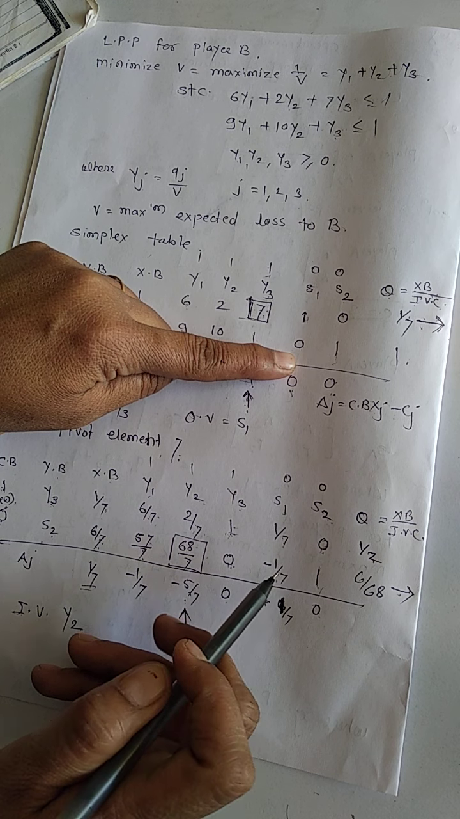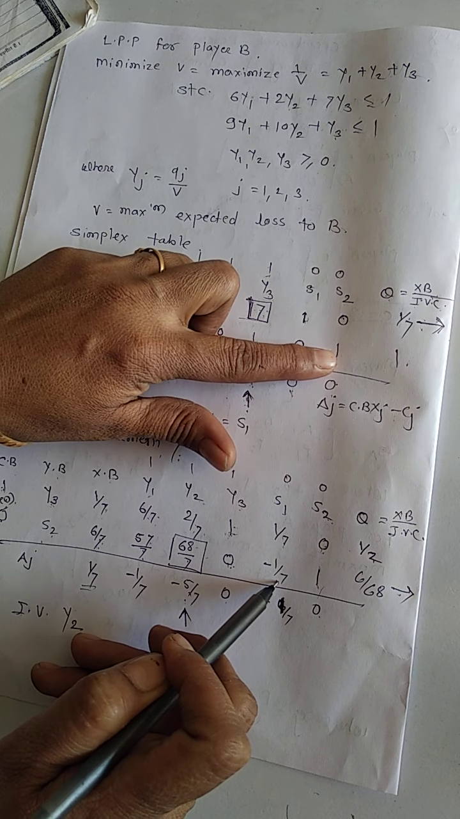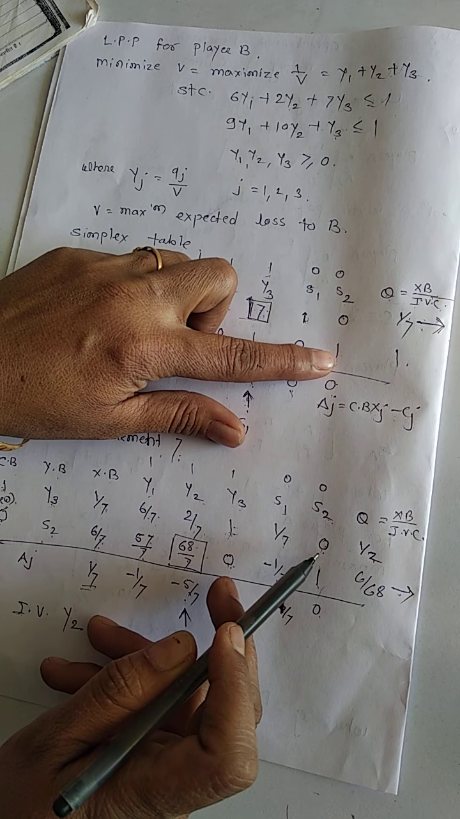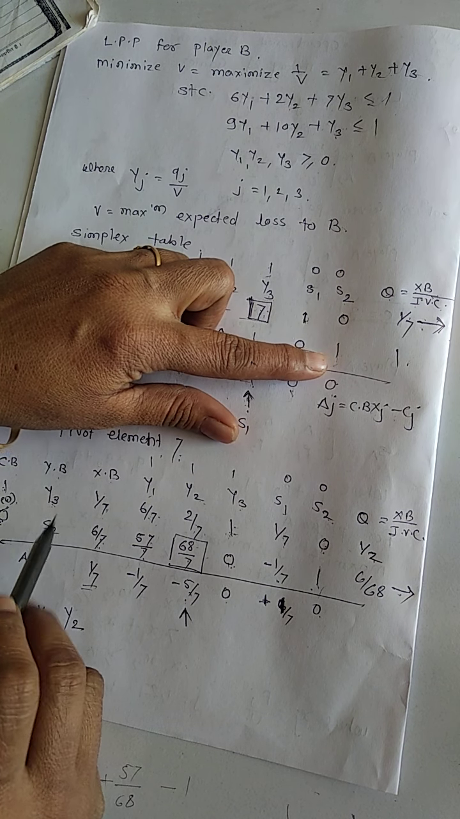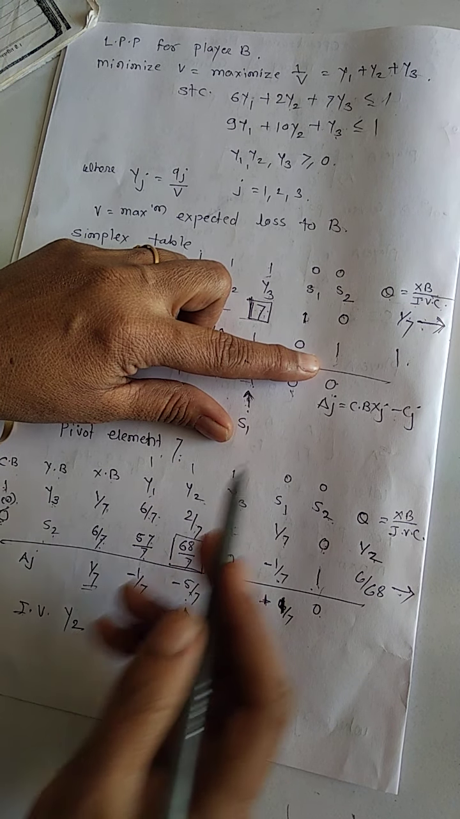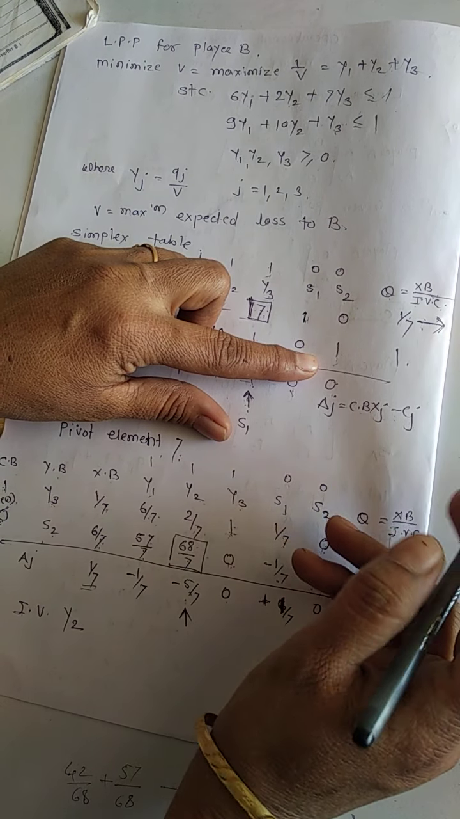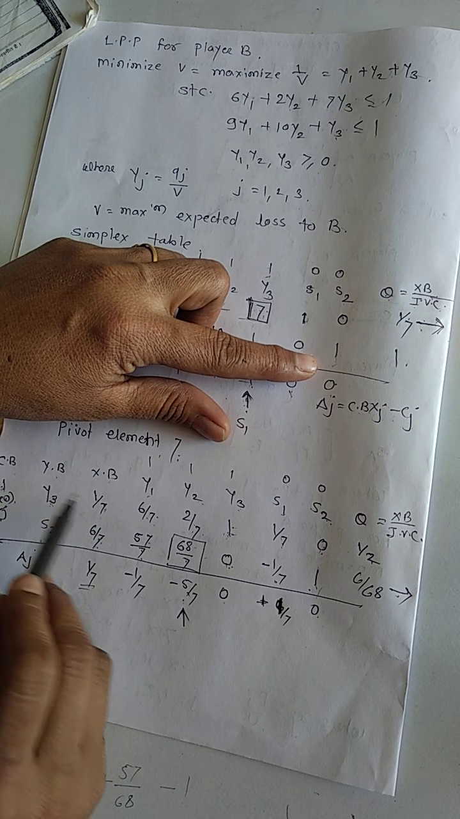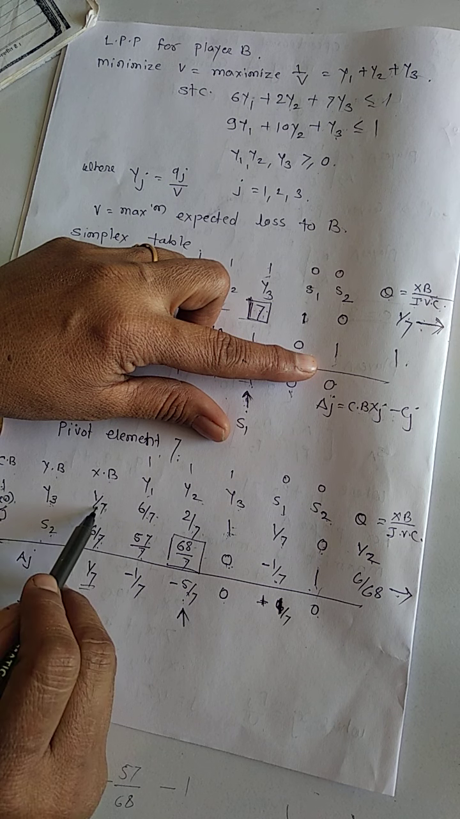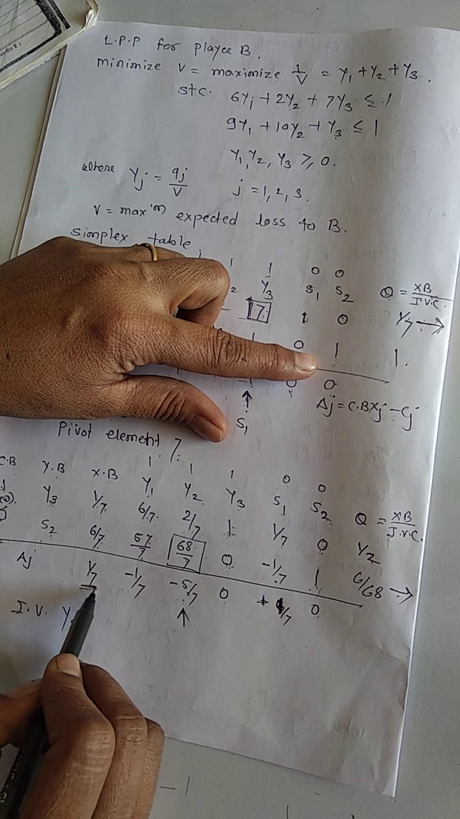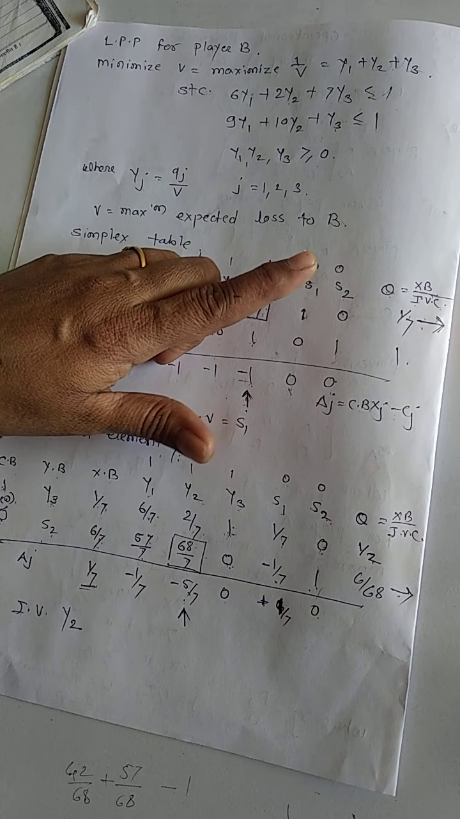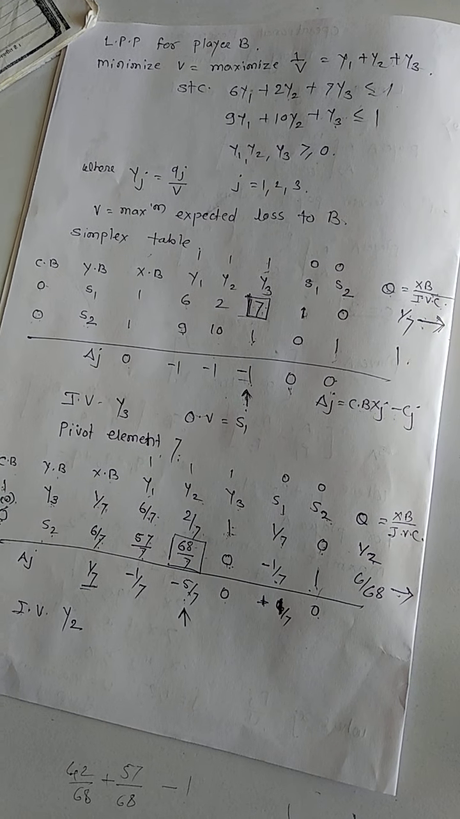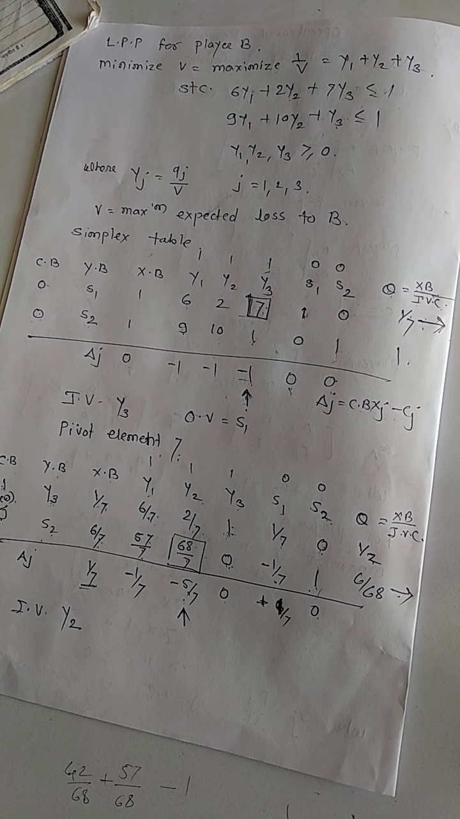0 minus 1 by 7 is minus 1 by 7, and 1 minus 0, here 1. Then again find del j. Del j again use same formula, del j is equal to cb xj minus cj. Then 1 upon 1 by 1 multiplied by 1 by 7, that is 1 by 7. 1 multiplied by 6 by 7, 6 by 7, and 0 multiplied by 0, 6 by 7 minus 1, here